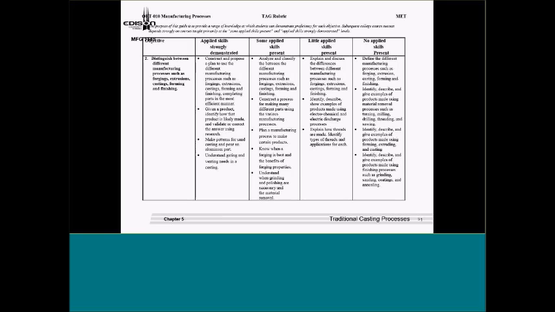Today my plan of action is that we're going to be talking about the manufacturing process, number 2, distinguishing between the manufacturing processes such as forging, extrusions, castings, forming, and finishing. I'm going to be showing you what we do here at Edison. And depending on the time, I'm going to go ahead and go probably over to speeds and feeds and industrial